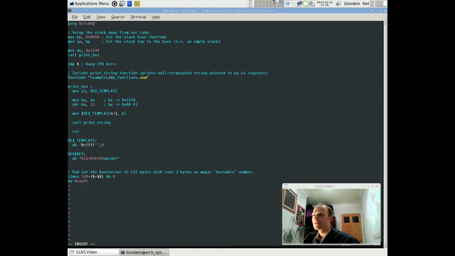Now we can do this, and I think if I do move BX, let me think, I should be able to do move BX and then bx, so whatever is in bx, which is the value that we want to translate to, so this is like the number that we want to translate to the ASCII character, and if I do hexabet,